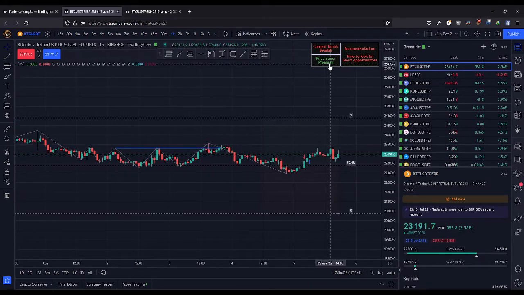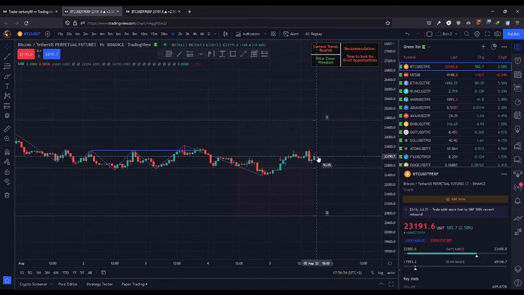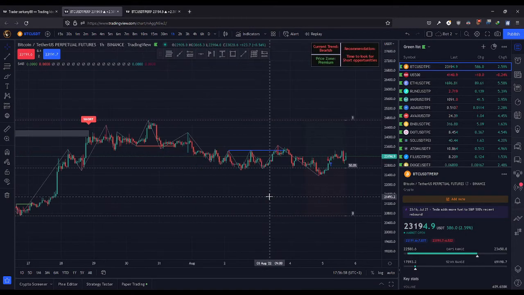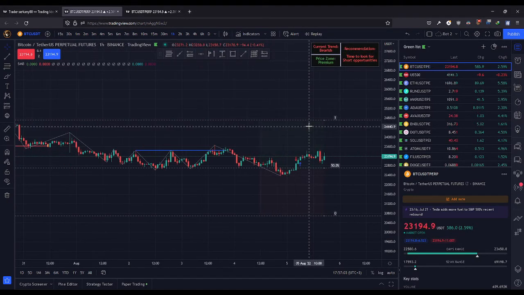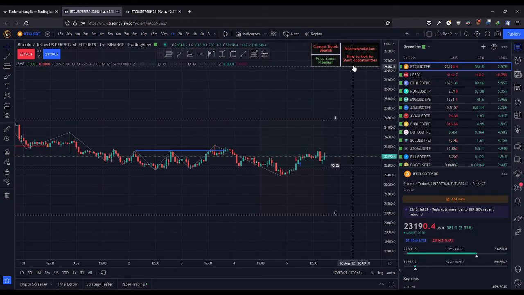And it's going to say that the price is actually in the premium zone right now, and the current trend is bearish. So far it detects this with the zigzag lines. With a bearish market, if the price is in the premium zone, it will give you a suggestion. If you hover over this table, it will suggest that you can look for short opportunities,